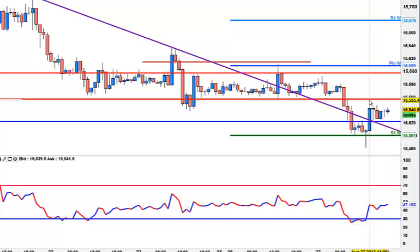So we ran up close to this area of resistance I've got marked here, pulled back to the trend line. The trend line is running from the high of the 21st, this test on the 23rd. So I'm long this going into tomorrow, holding overnight on the long, and looking to see if this weekly S1